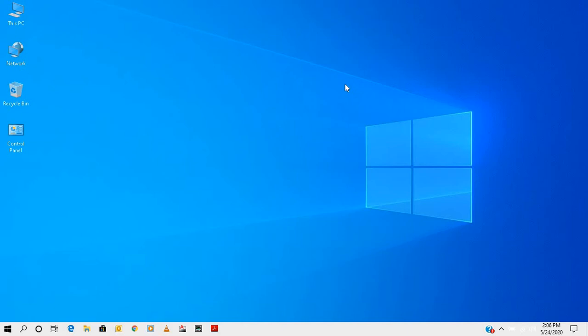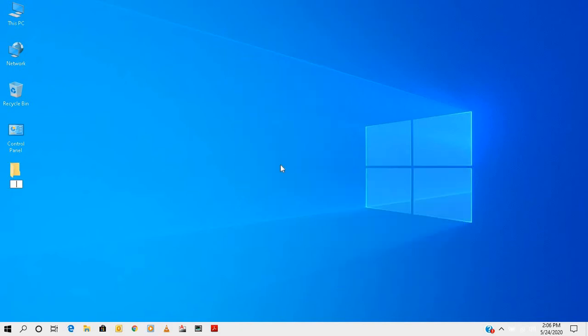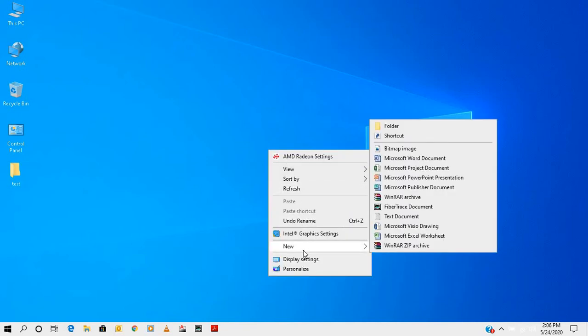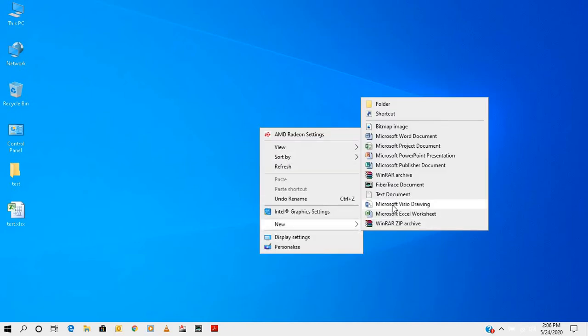Friends, now we can talk about some features, like how we create a folder and how we create a file. Just right click here, New, and you can create a folder. Suppose I give the folder the name test, and I will create one file, the file name is also test. So I create an Excel file. You can create a Word file. All different options are there. Here is the Word file, here is the text file, here is the Excel file, folder, whatever you want to create, you can create from here only.